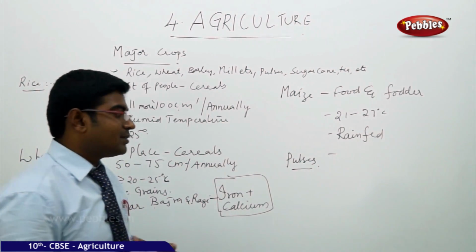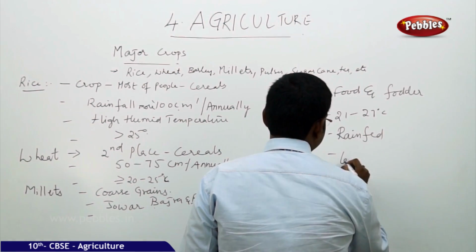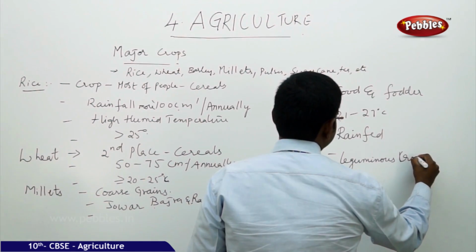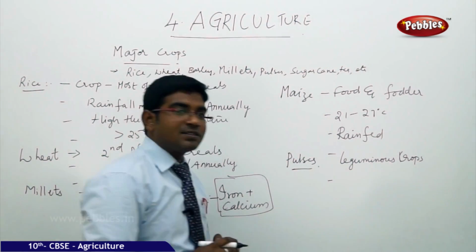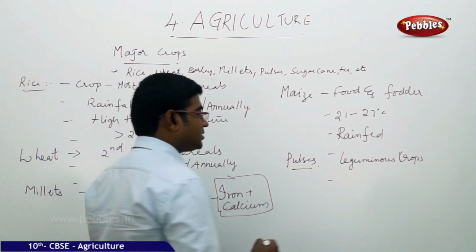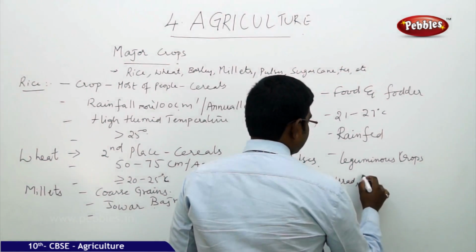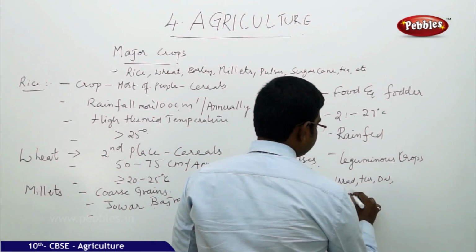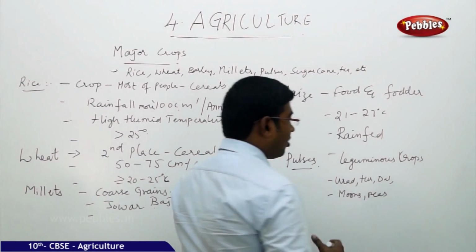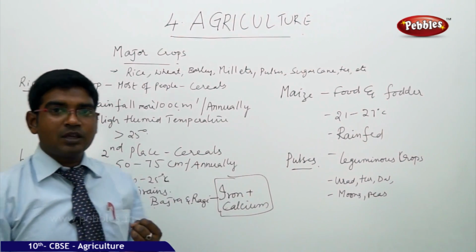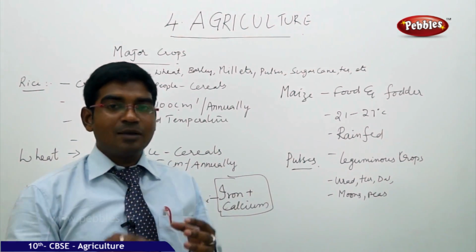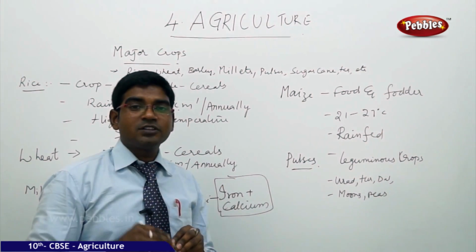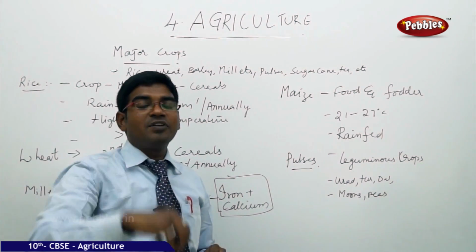Pulses are also called leguminous trees or leguminous crops, because in pulses we have various kinds of urad dal, then we have moong, piyas, all the various kinds of dals, various kinds of murags, blue dal, black dal, all these Bengal gram, all these grams also come under the pulses. These pulses are especially grown on the lands in order to restore and build the fertility of the lands.